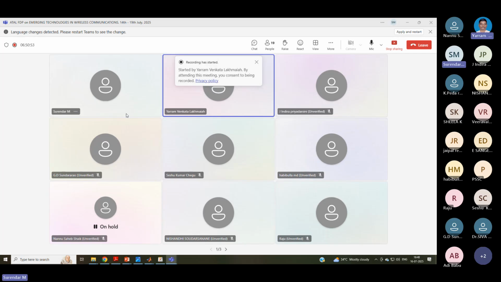OTFS system for UAV, unmanned aerial vehicle. Of course, many technologies are being combined with OTFS or RSMA, whatever it is. When it comes to UAV downlink,